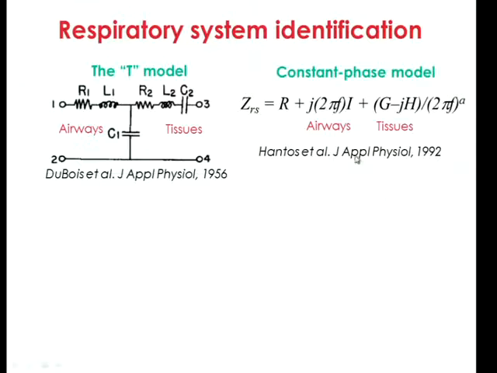So this model, for instance, in the 90s was introduced, keeping the airways. This is the formula representation of a circuit. The airway component, the resistance and the inertive part, is very similar to this one here. But the tissues have been replaced by something a bit more sophisticated, because it's not a circuit component, but it is very much an empirical description of how